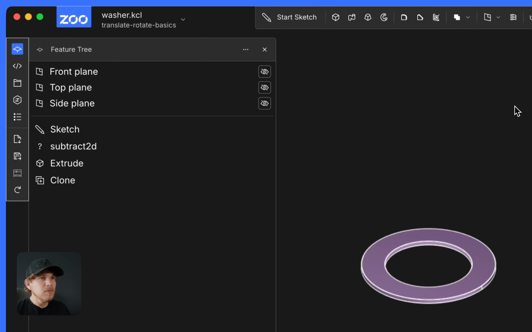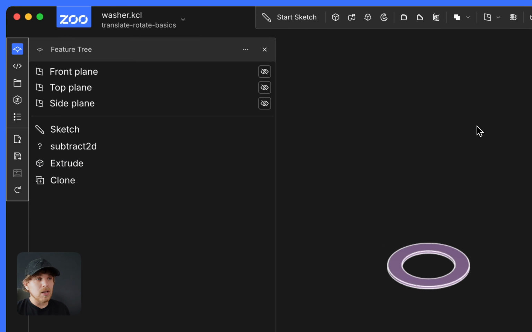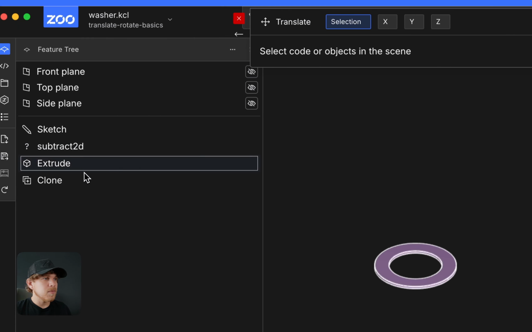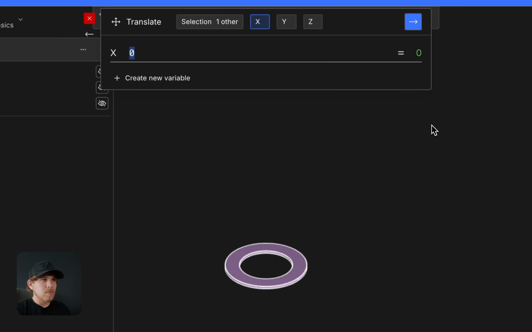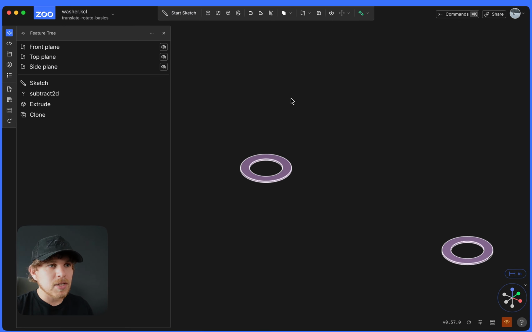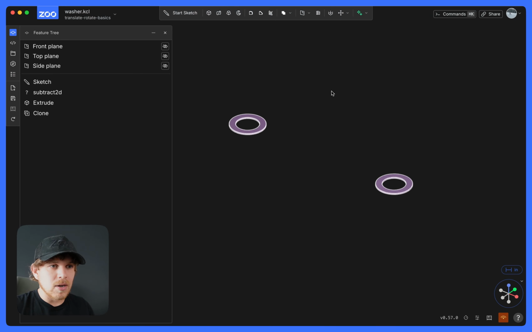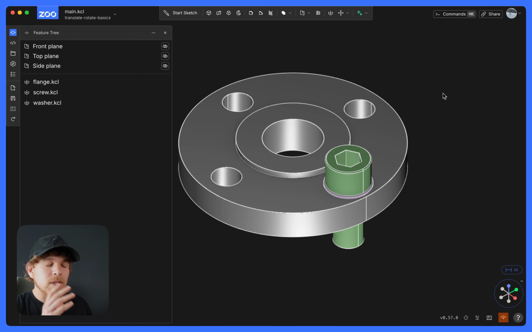here now. And let's say I want to move the clone, I'd go to translate, select clone, continue, type in 5 inches, and we'll just move it 5 inches in the X direction, and now we can see our clone. One important note is for imports, this is the same thing that I said in the translate